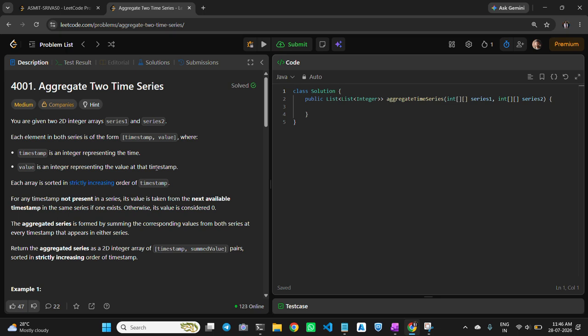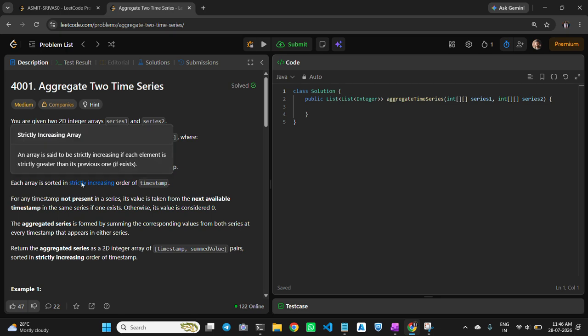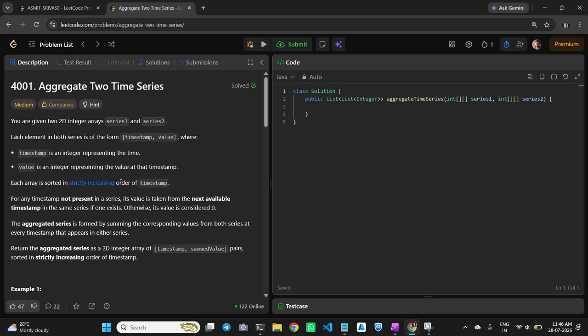It is also given that each array is sorted in strictly increasing order of the timestamp. So for both series 1 and series 2, the timestamps will be in strictly increasing order.